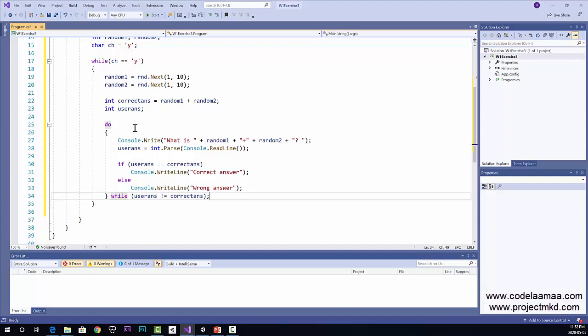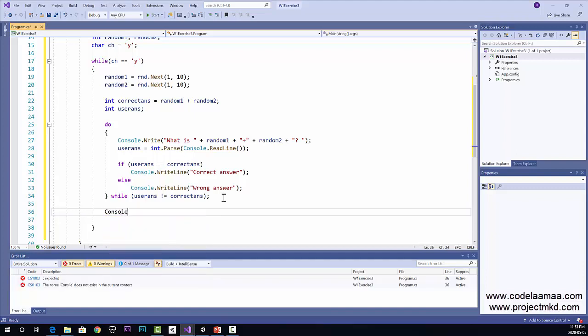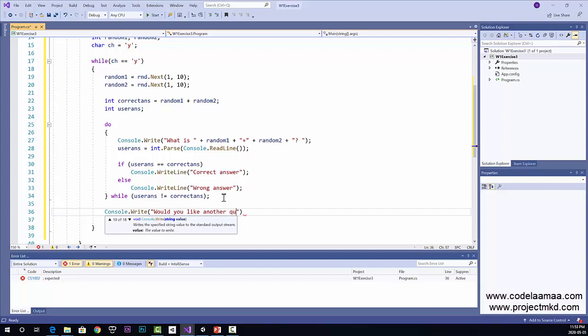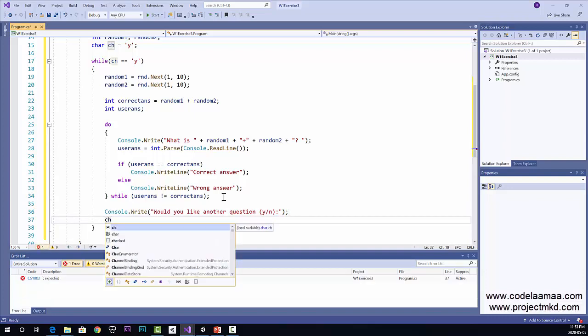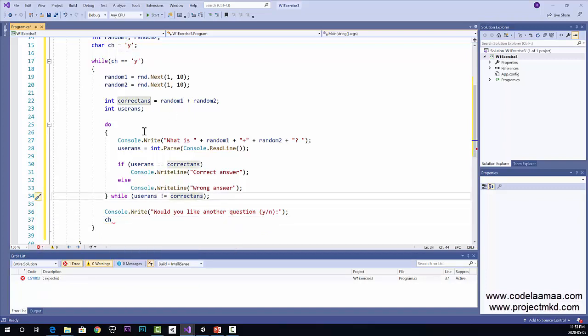All right. Now suppose they get the correct answer. We wanted to ask the user, hey, do you want to continue? Would you like another question? So let's do a Console.Write for would you like another question with a y/n inside round brackets. All right. And let's get that input. Let's say ch, which is a character. So remember we have ch at the top. It's a char. It's going to be equal to Console.ReadLine